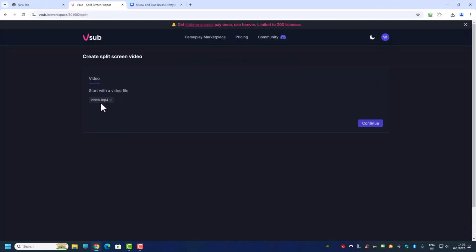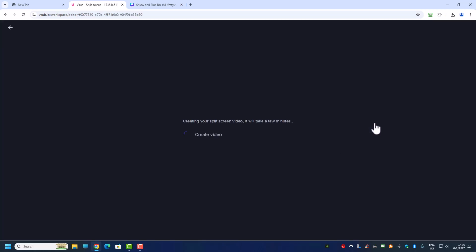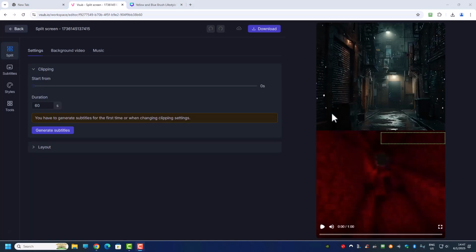Once you upload, you can only click on this continue button, and then it will split the screen into two: the top part and the bottom part. The top part will be the video that you upload. So from here we can see that the top part is the video that I uploaded, and the bottom part